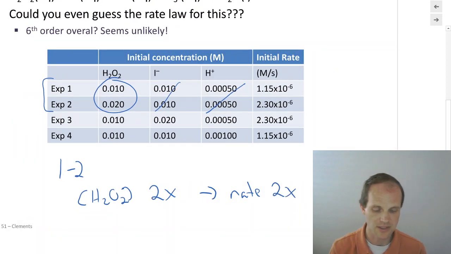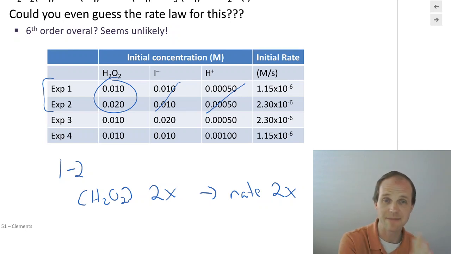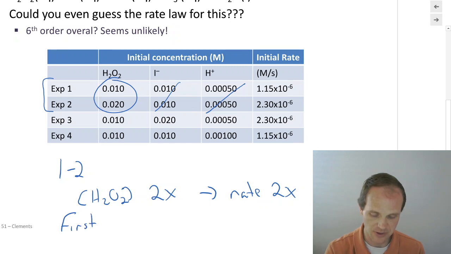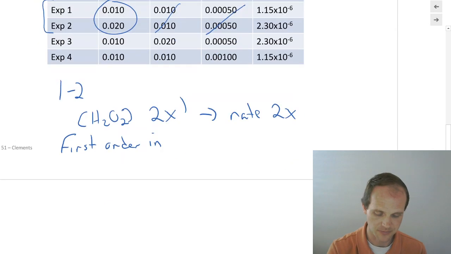2x, right? 2.3 times 10 to the minus 6 divided by 1.15 times 10 to the minus 6 is 2, if you type that in your calculator. Remember, you can kind of leave off the 10 to the minus 6's since they cancel, and you get 2.3 divided by 1.15, and okay, that's 2. So when the same thing happens to the rate as to the concentration, what does that tell us? Hopefully you came up with first order. So we can say that the reaction is first order in H2O2.